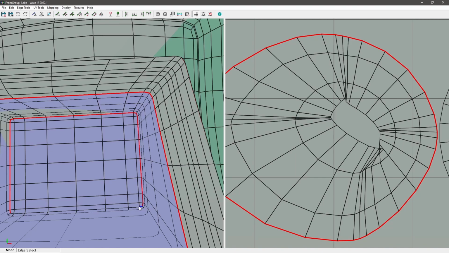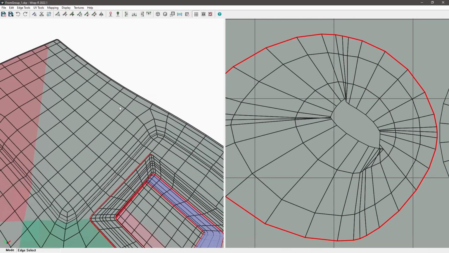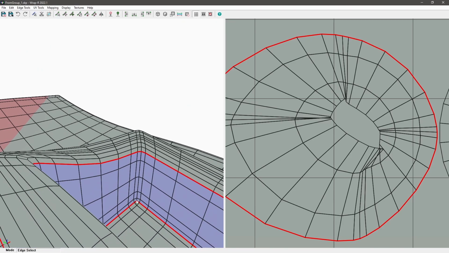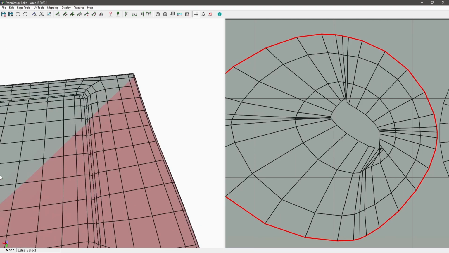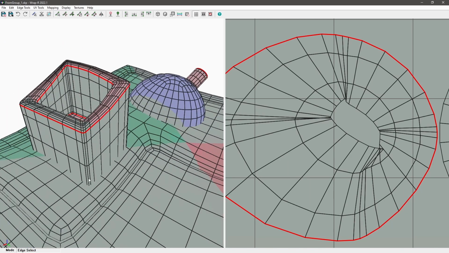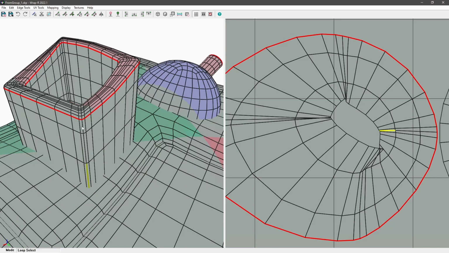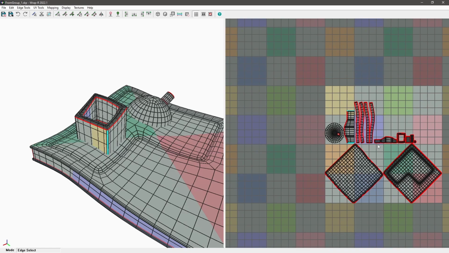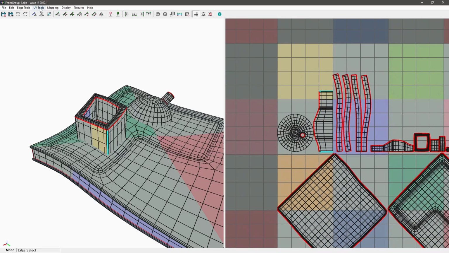I want to go in and cut this. Okay, and then I choose this before, so I want to cut through here, and finally I want to cut this. Okay, so I've cut all of this,